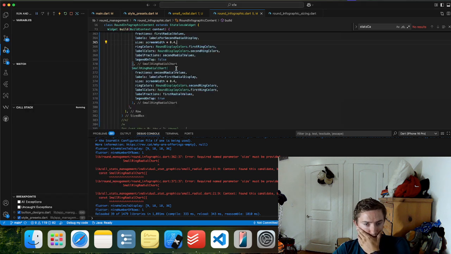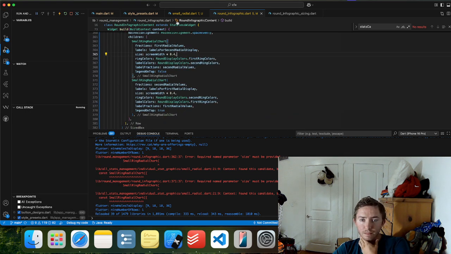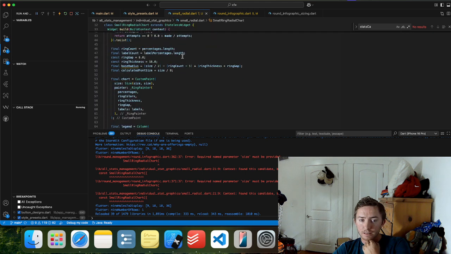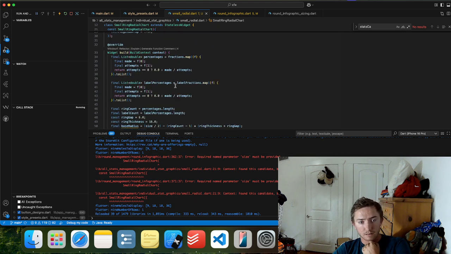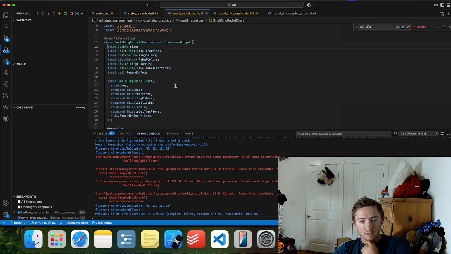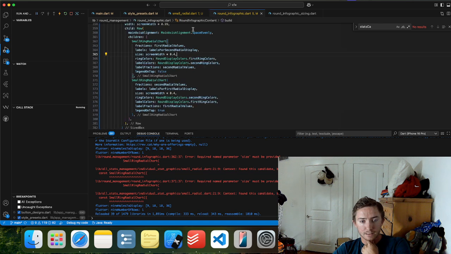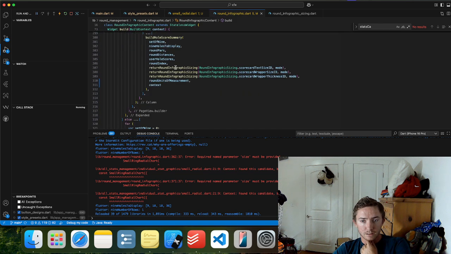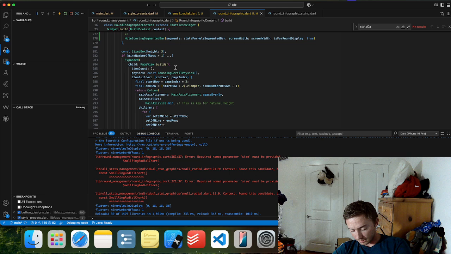Probably needs to be a little bit smaller. I guess the calculated font size is based on the size of the rings. And when I pass size, it's screen width. And screen width is